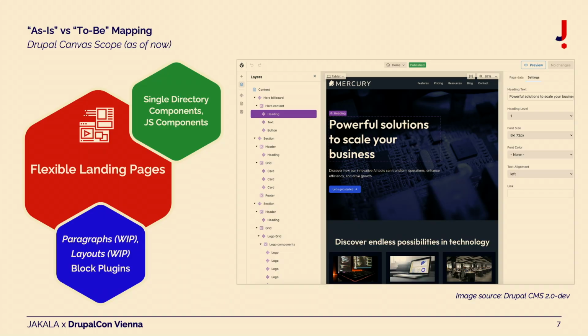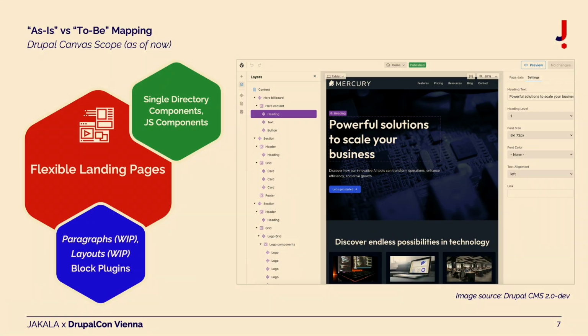So this is where it becomes interesting, the flexible landing pages. This is one of the main scopes of Drupal Canvas itself, right? Today, what is going to change is, in fact, you will still be able to use your favorite content blocks, call it layouts, call it paragraphs, call it block plugins. With one caveat: the paragraphs and layout support is still work in progress, but in theory it just requires some effort, and now that Drupal Canvas is more stable and has an official release candidate, this work can go into action, right?